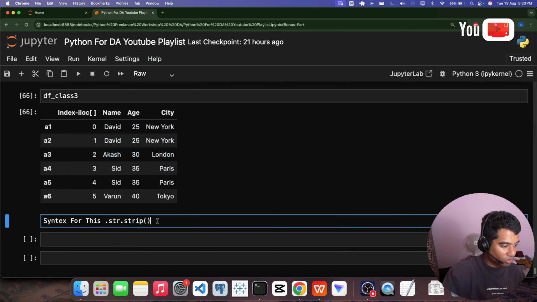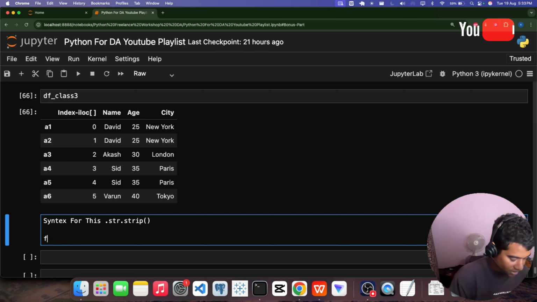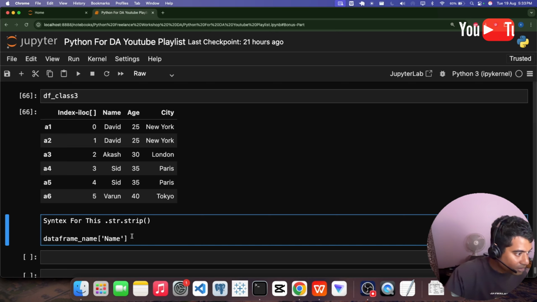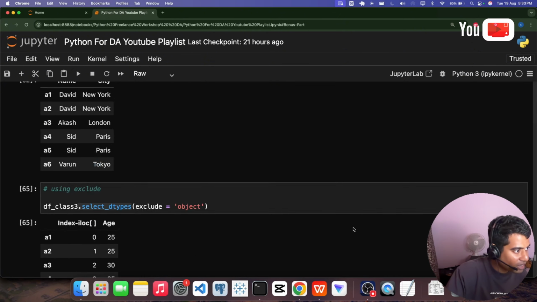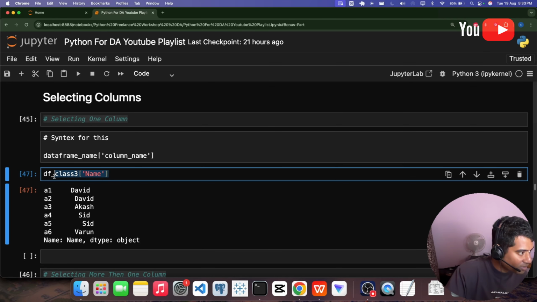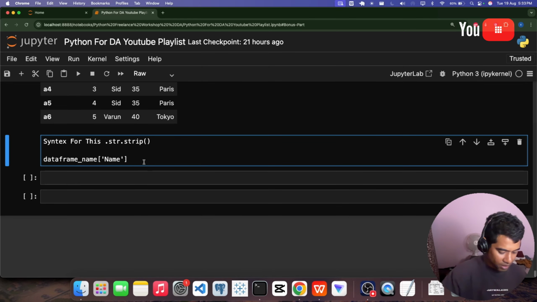Let's write it in a raw way. You have to first write the data frame name, and then you have to write the column name. As I have told you earlier, one column name should be written like this with a single bracket, right? I have shown you in the video as well. When you write one column name, you have to use this single bracket. ठीक है? You have to do equal to, and you have to write again